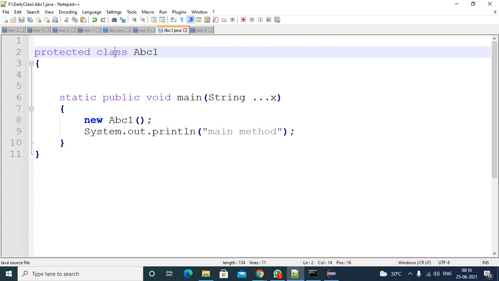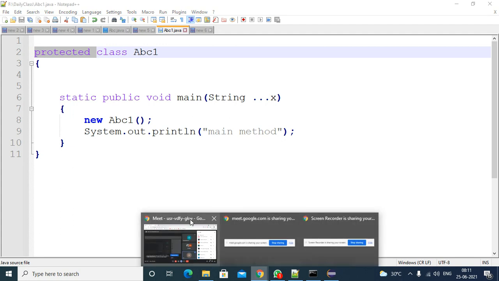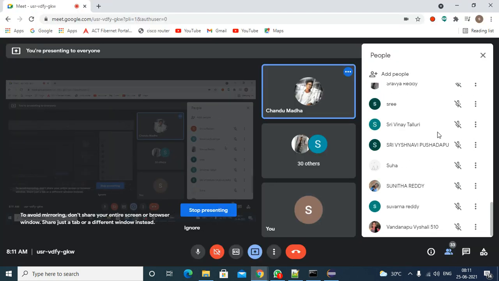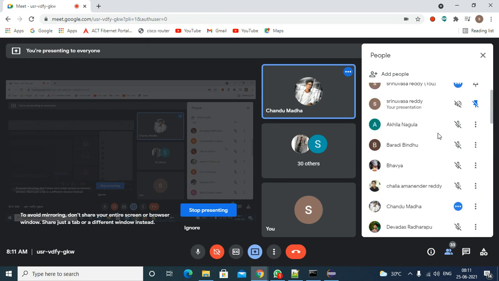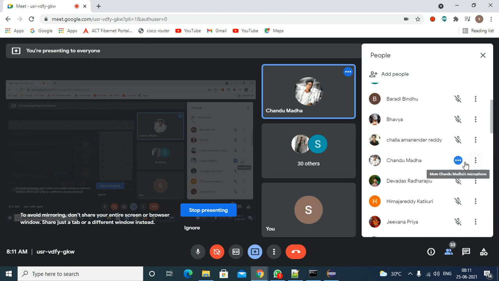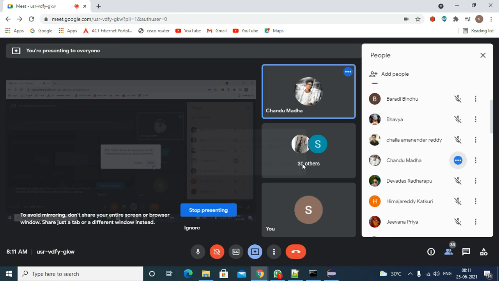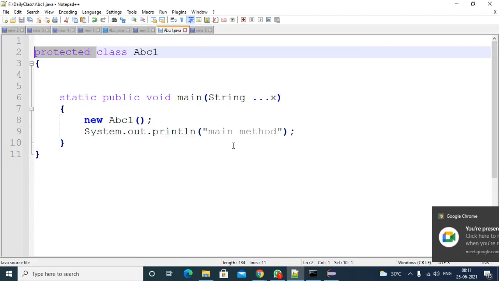So for the outer class, you are not supposed to write protected or private keywords here. You are allowed to write only public, and if you are not writing anything, that is default. So public and default.